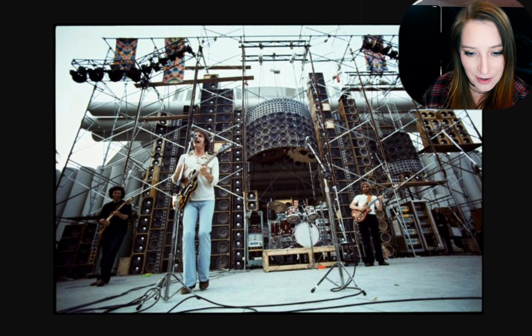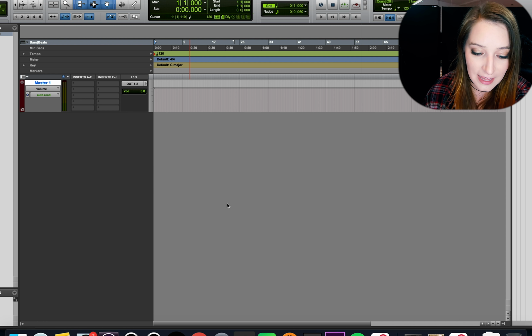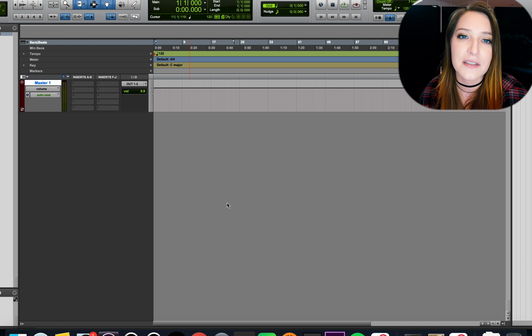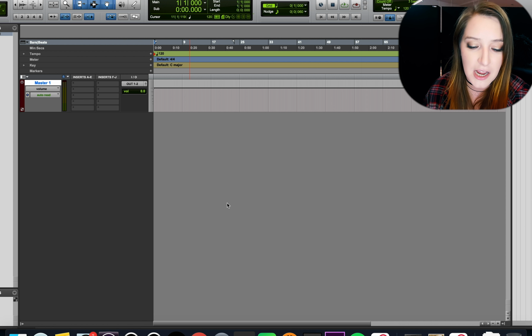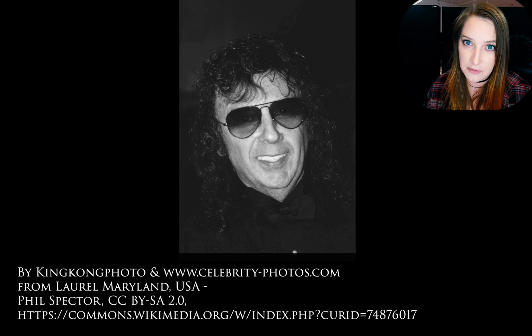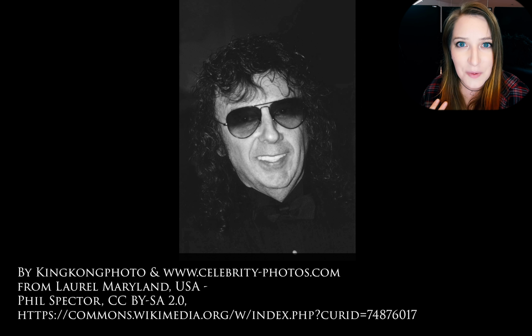Another one that I wanted to talk about really quickly is Phil Spector's wall of sound. If someone says wall of sound, it's not always going to mean the Grateful Dead version. Phil Spector was a producer. I'm sure you guys have heard about him. He's super famous. He worked on everything. But basically, he had a wall of sound, and his wasn't so much on the live performance side of things. It was on the recording, on the production side.